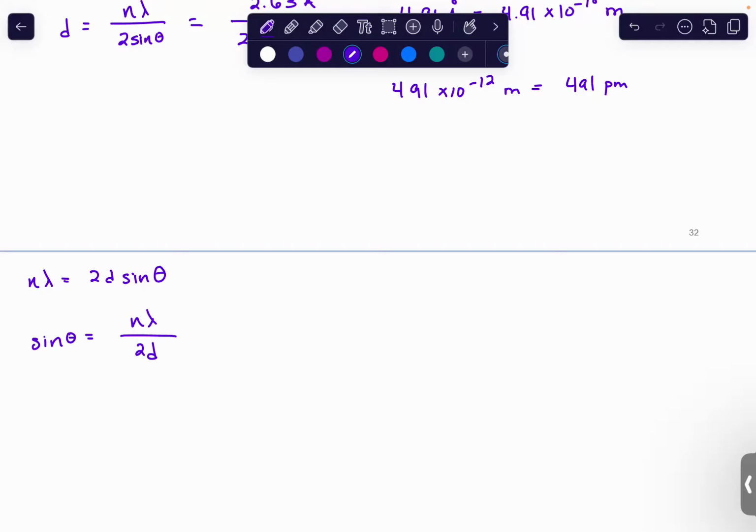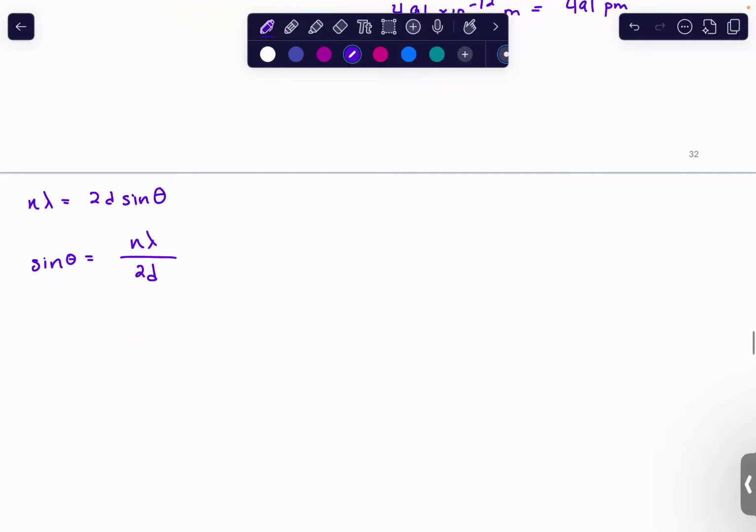I want to see if you can figure out what this looks like mathematically so you know what neat little button it is on your calculator. How do I get theta by itself? Inverse sine. So if I do that to both sides, I'll get theta, and then this side, I'll get sine to the minus 1, which you will find that nifty little button on your calculator,